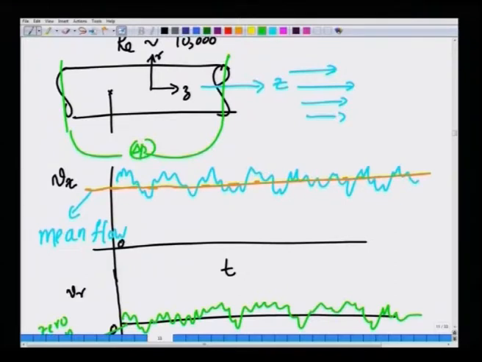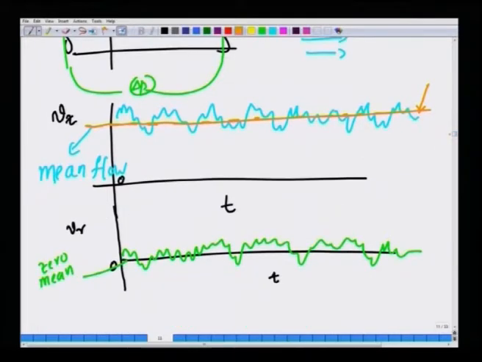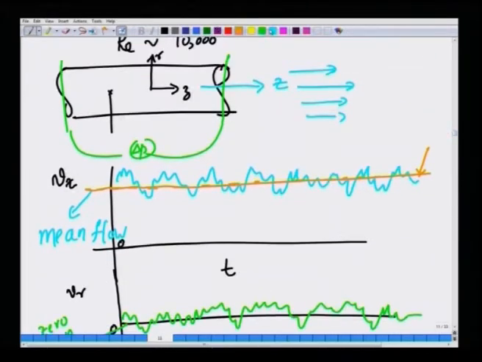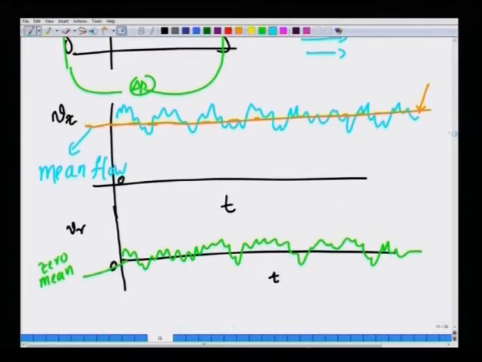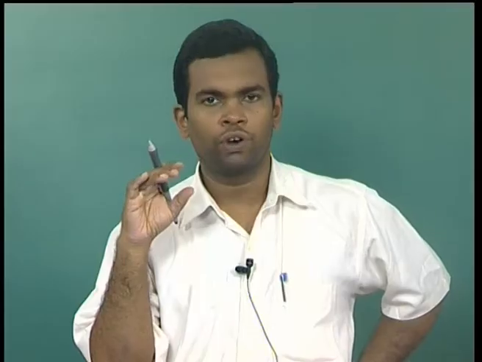So, if you time average this velocity along a given direction for a certain time period, you will find that it will be close to this orange line, that is the mean velocity. If you were to do the same thing for the velocity in the normal direction, that is the r direction, there is no net flow, no mean flow, therefore, there will be velocities in the r direction that are highly fluctuating, but if you were to average this, you will get a value of 0. So, that is the key thing about turbulent velocity fluctuations,